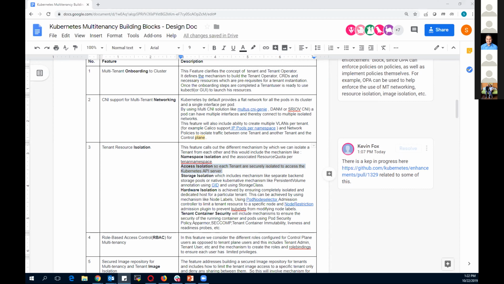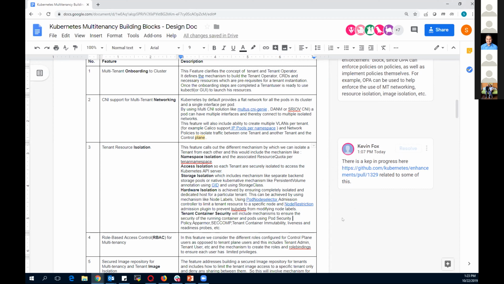So maybe at the highest level, the requirement is that tenants will want to expose their services to an external network, right? Whether it's done through ingress or load balancer service types doesn't really matter. Just like you would with a PaaS, really what I want to do is run a workload and get an endpoint where I can connect to that workload, right? So how do I do that in a multi-tenant configuration?